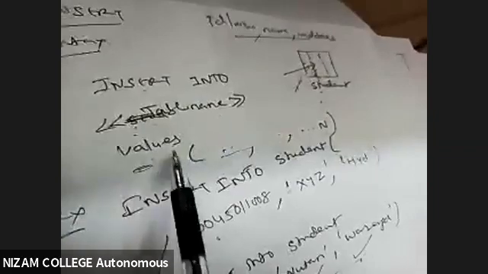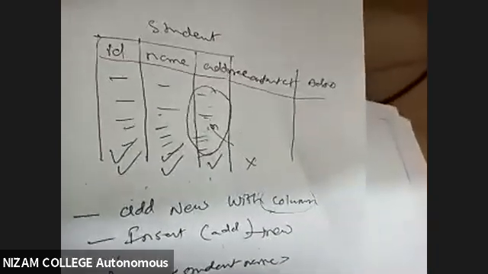So what is our fixed syntax? If you remember, this is our fixed syntax: insert into table name, followed by the column names, then values. So here I'll be writing n number of columns like this. The syntax tells whether you want to insert a few records or bulk records, few columns or all. Based on that, our syntax will change. So we have seen the 3 different flavors of the insert command.